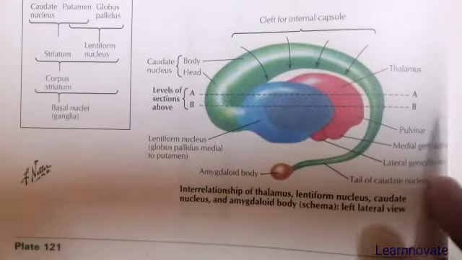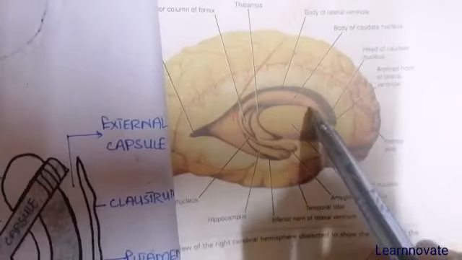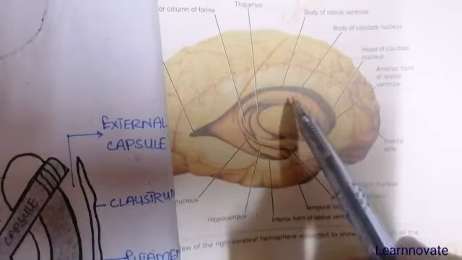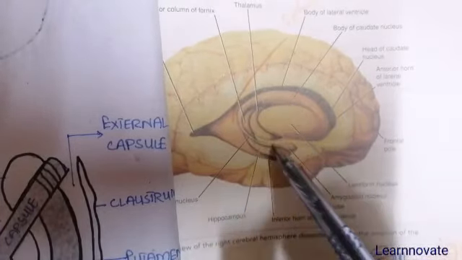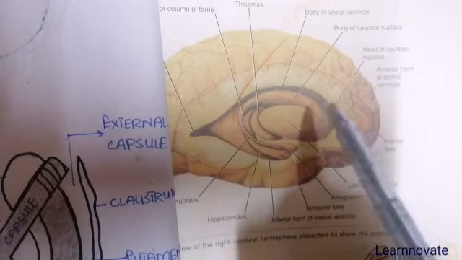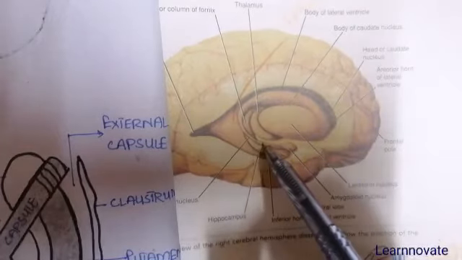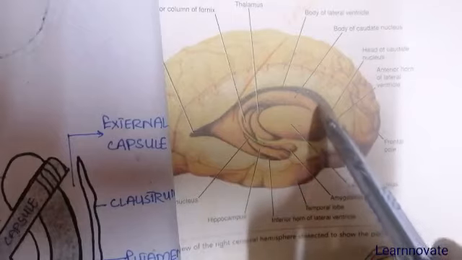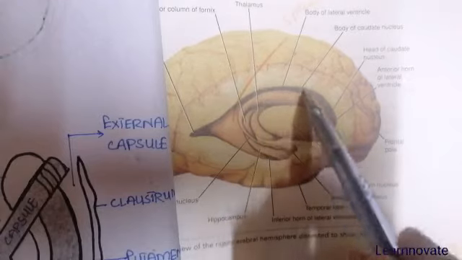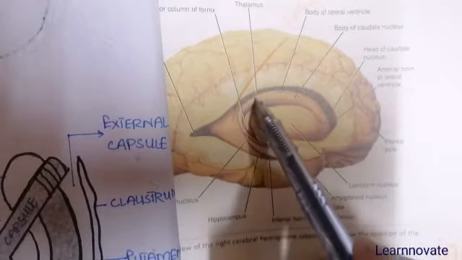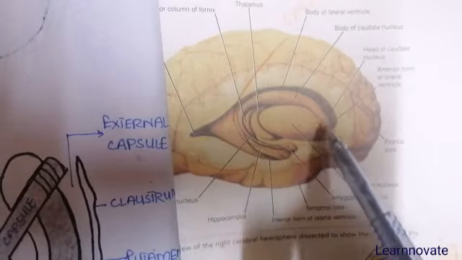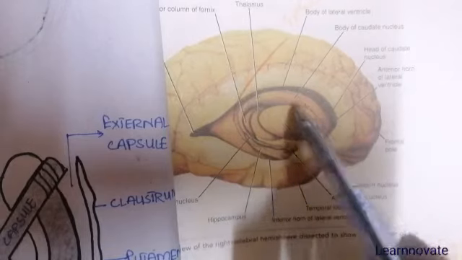If we see inside in anatomy, here the whole caudate nuclei is shown passing along the borders of the lateral ventricle. The head of the caudate nuclei, this is the body of the caudate nuclei, and this is finally the tail of the caudate nuclei, that is continuous anteriorly with the amygdaloid nuclei. So the head of the caudate nuclei corresponds to the anterior horn of the lateral ventricle. Then the body of the caudate nuclei is in relation with the body of the lateral ventricle, while the tail, that is coming forward and down, is continuous with the inferior horn of the lateral ventricle. So in this way, the caudate nucleus surrounds the whole thalamus.